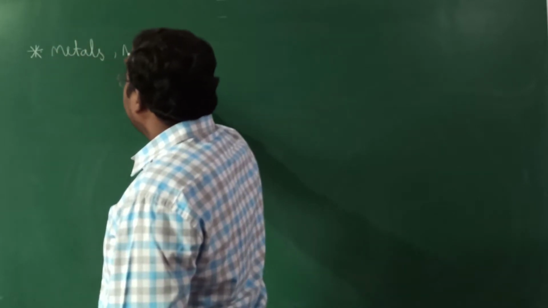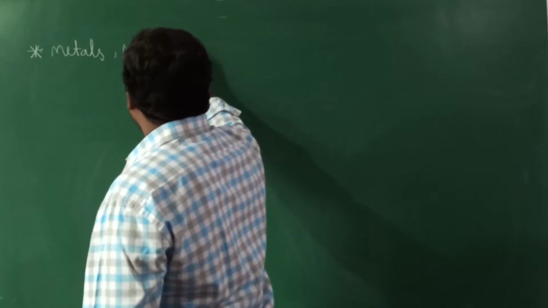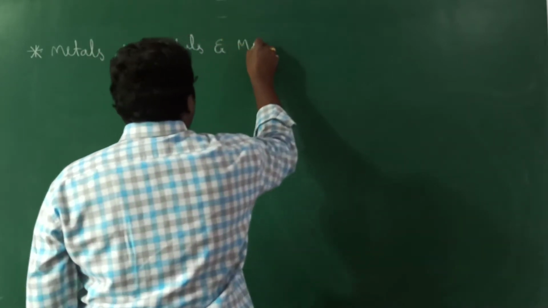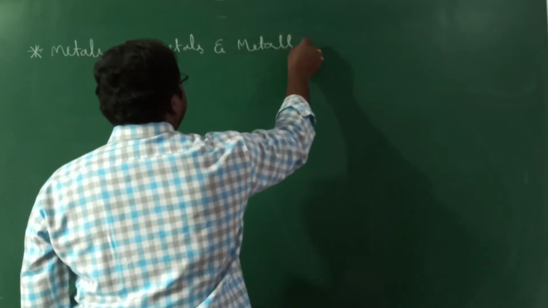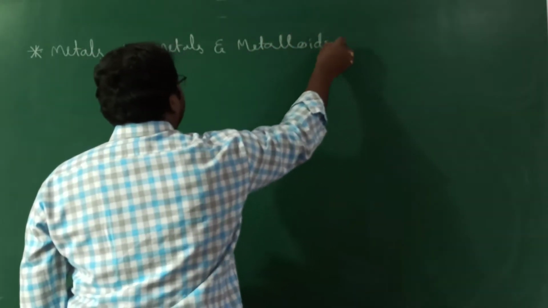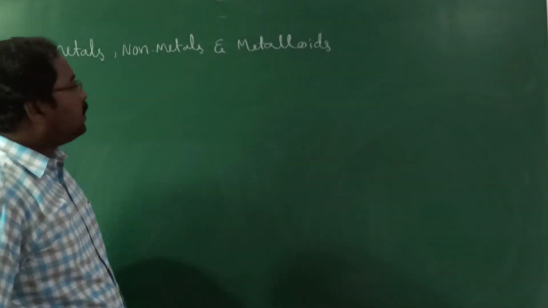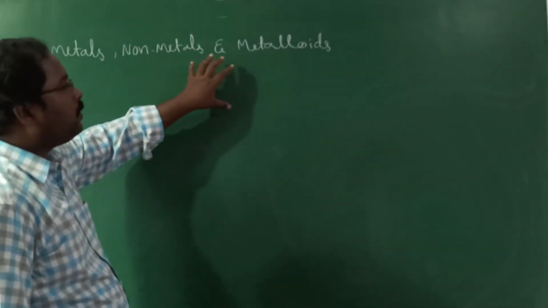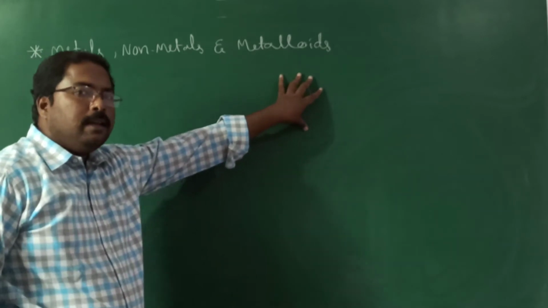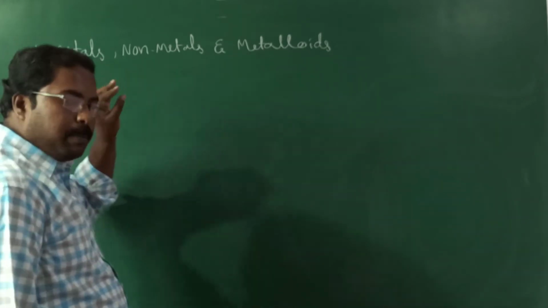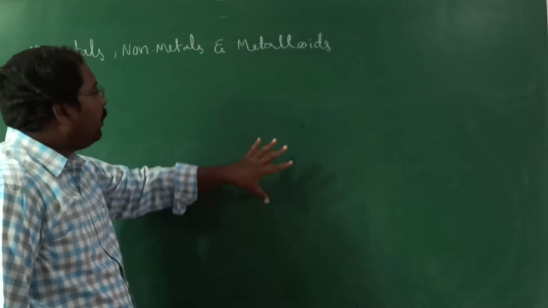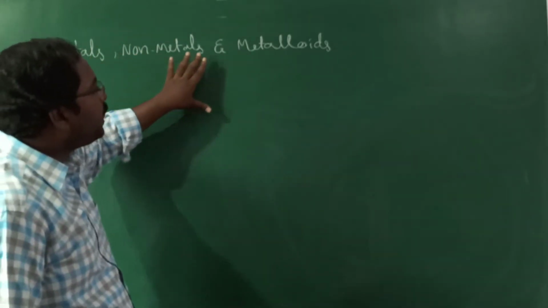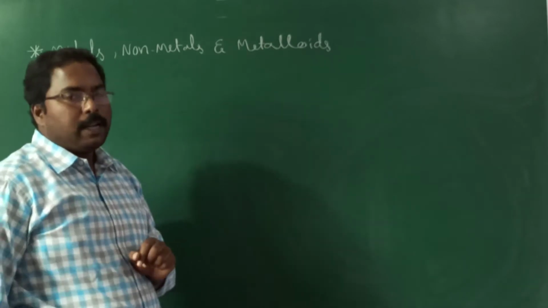Okay, now if you observe, these representative elements include metals as well as non-metals and even metalloids also present. Okay, because in the P block elements you will find both non-metals as well as metalloids, and S block contains purely metals. So coming to representative elements, they include all metals, non-metals as well as metalloids.